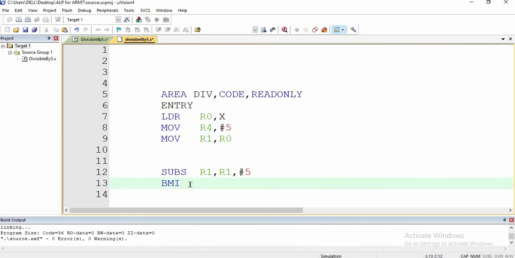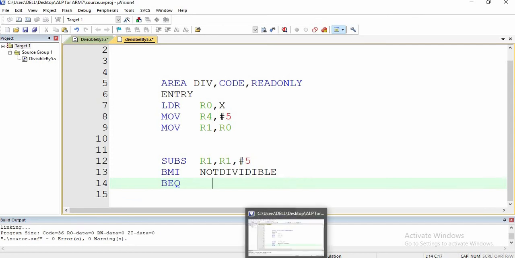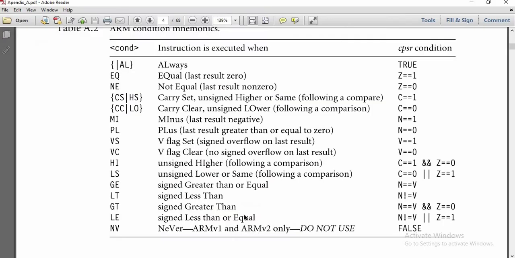If it is negative, we will branch to not divisible flag. If it is minus, we will jump to not divisible flag. If the result is 0, we will jump to divisible flag, that is branch on equal to. Equal to means equal to 0. Let me show you that one in the appendix. Here you can see equal to, that is if Z flag is equal to 1.